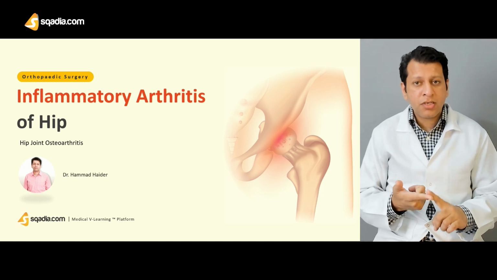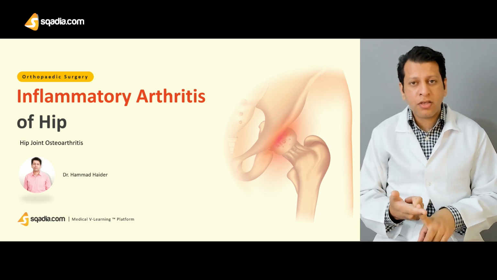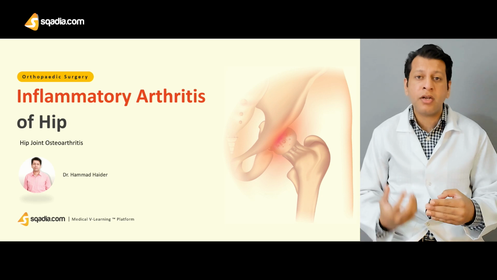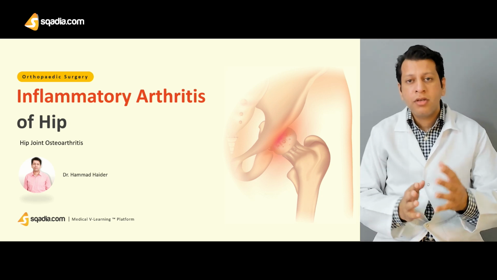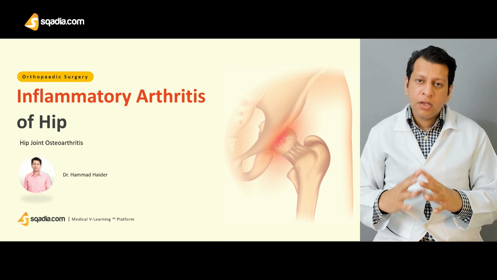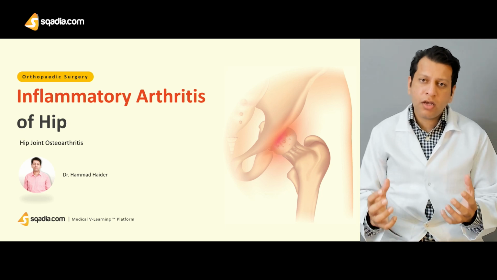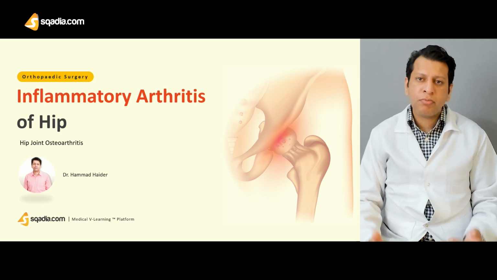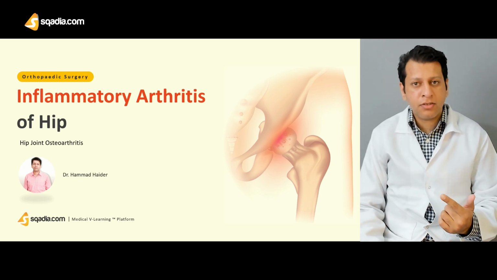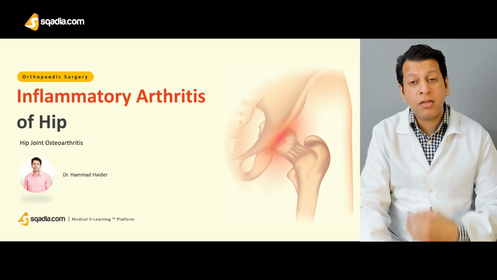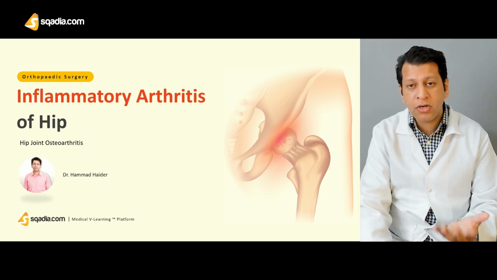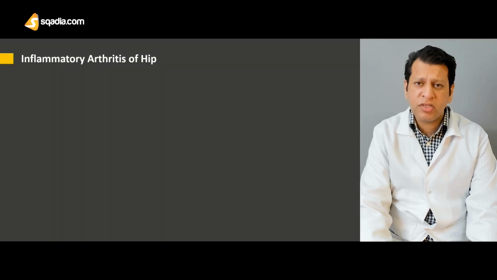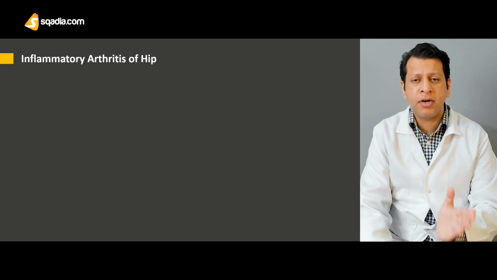Therefore, if the patient has a history of RA and is taking steroids, then the first thing you should consider is that there may be associated AVN of the hip leading to hip joint osteoarthritis. But usually our history was that he was having a problem on one side. Patients with these sort of problems usually have a bilateral disease. There may be increased pain on one side, but usually they involve both sides. And most of the time they have pain which is more so on one side, but they have a bilateral